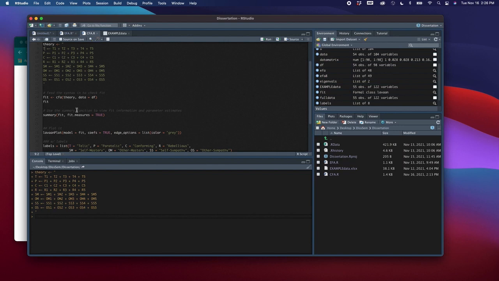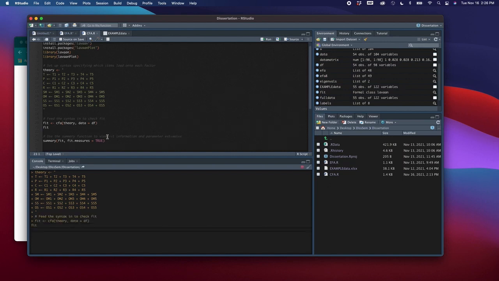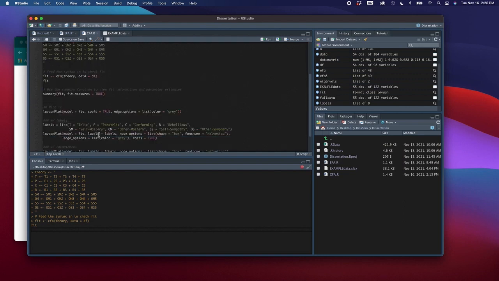Let's see. So then to run the CFA, it's actually pretty easy. I just use the function cfa, include the theory I have, and then the data, which is still set as data frame. And then I have fit. I can run it,